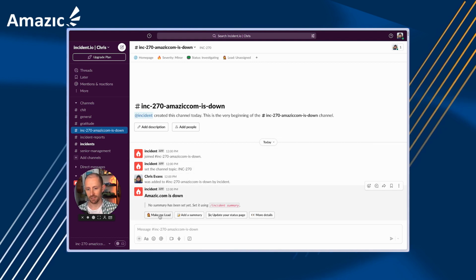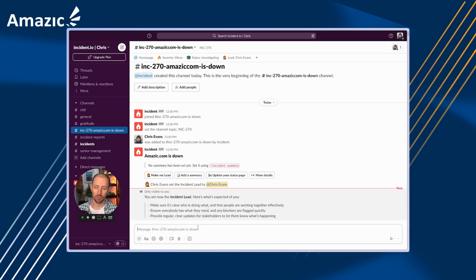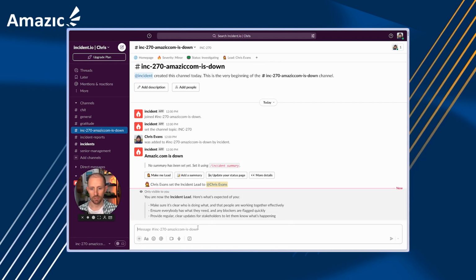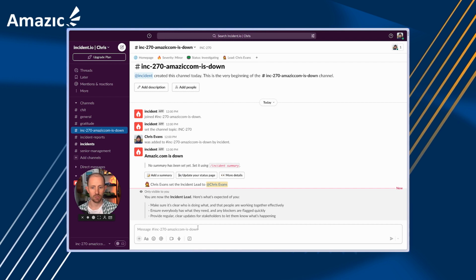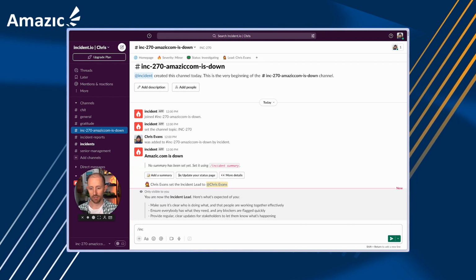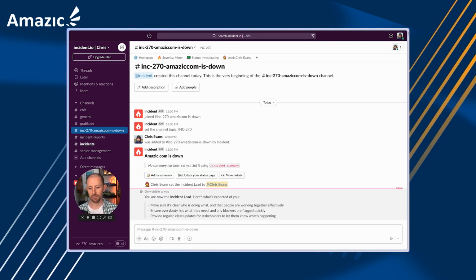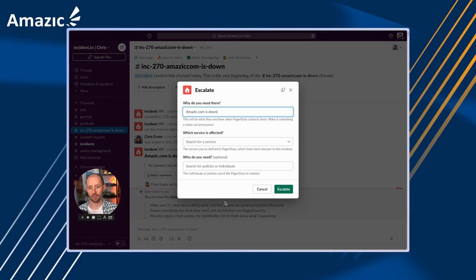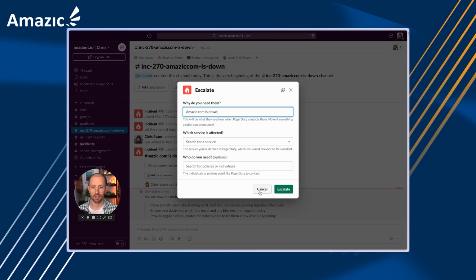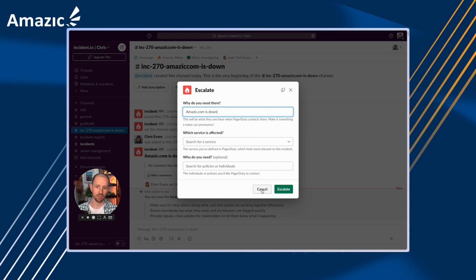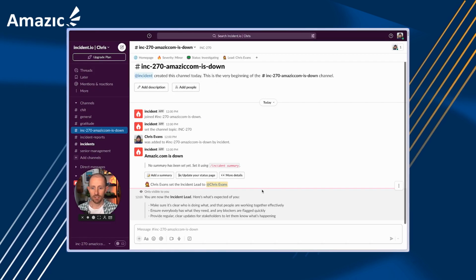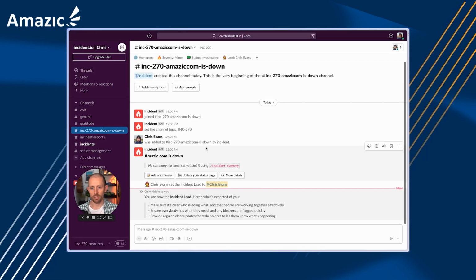I can take the lead at this point. I can integrate with all of the tools that I use already. So if I'm using Status Page or PagerDuty, whatever it might be, everything is at your fingertips. So slash commands, buttons, all that kind of thing. I will spare my phone the voicemail from PagerDuty, but this is now how I can get hold of folks. So that is very, very quickly what's going on inside of Slack.